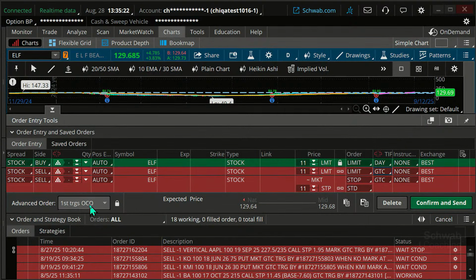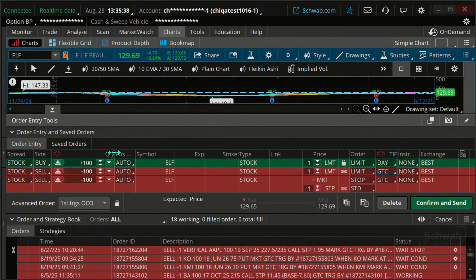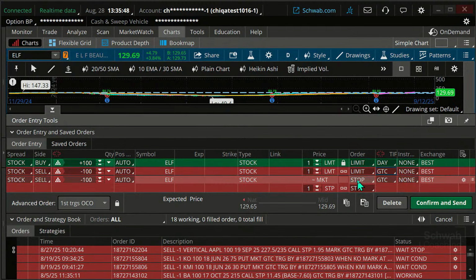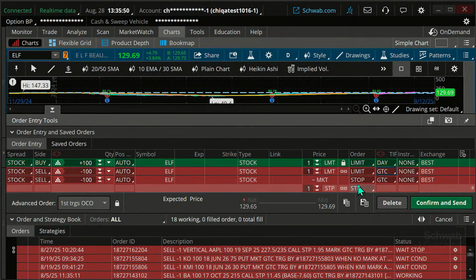What's the whole OCO thing? The OCO thing is this. If it goes up and hits my target price and sells out of my stock, I don't want that stop price lingering around saying I want to sell 100 more shares of stock, or whatever the quantity is you choose. In this case, it's 100, after I already sold out my first 100. So when the limit sell fills, it's going to cancel the stop. Or if the stop sells out first, it's going to cancel the limit. That's what the OCO is. Okay. So I've got that.